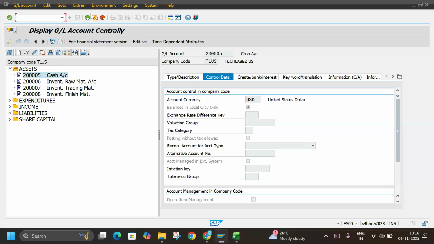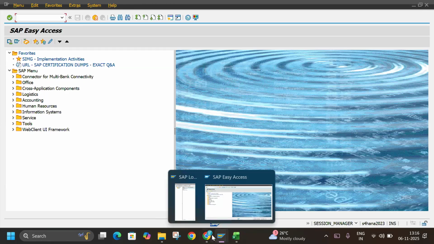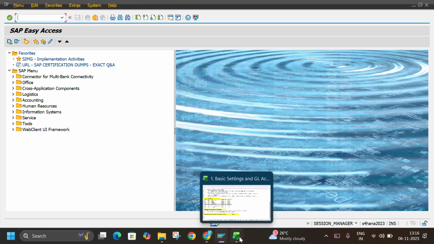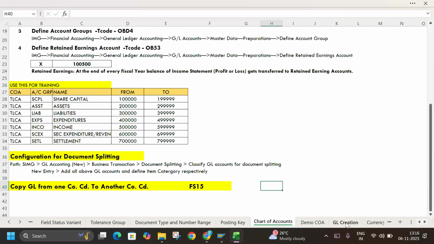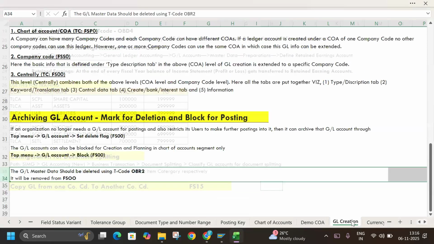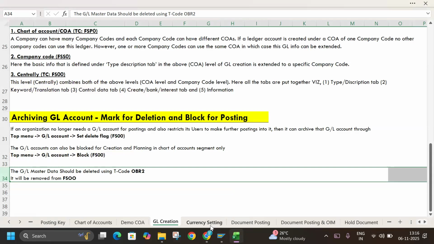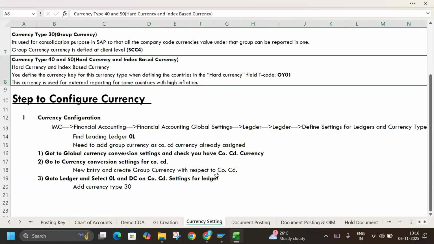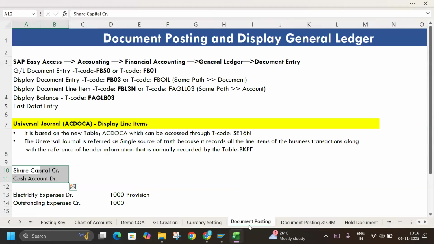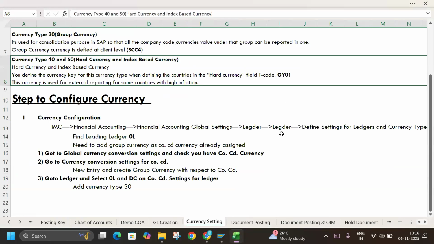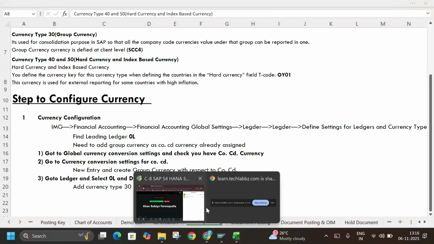So that's all for today. Now you will have to do a lot of practice. Once you practice this, see, we are done with the startup account and GL creation. Next we'll go with the currency settings. This is also very important. Then we'll go with the document posting. Till this currency setting, all the basic configurations which have to be executed, we have done. Okay. So if you have any questions,